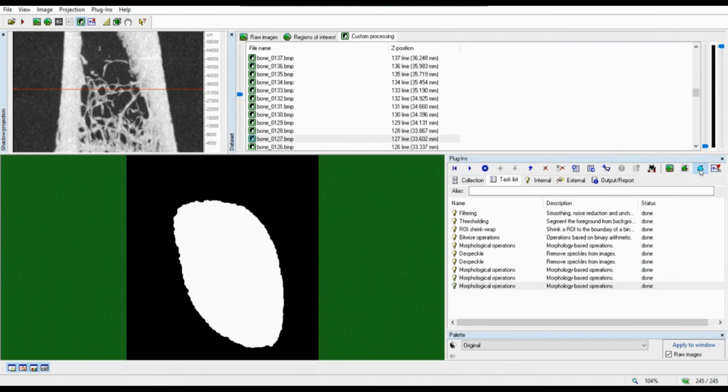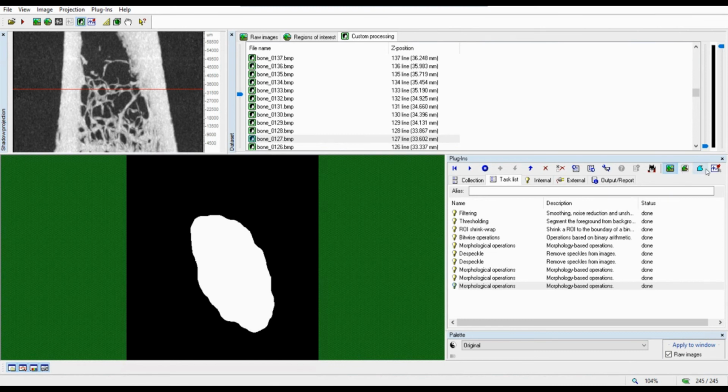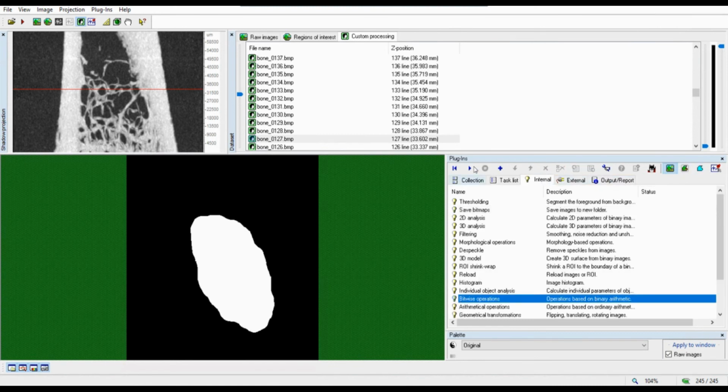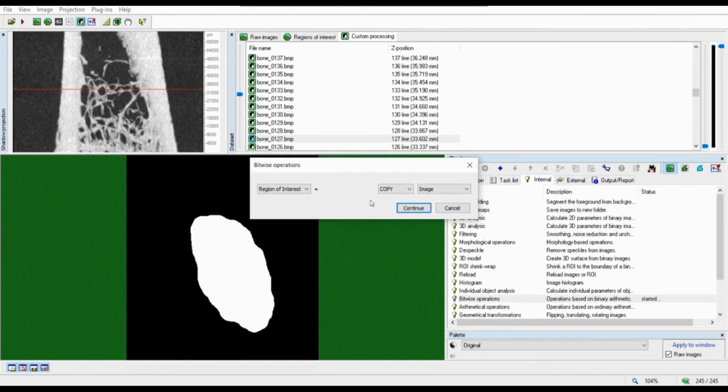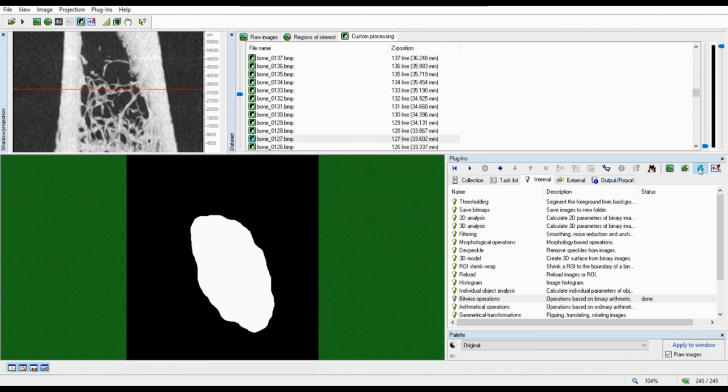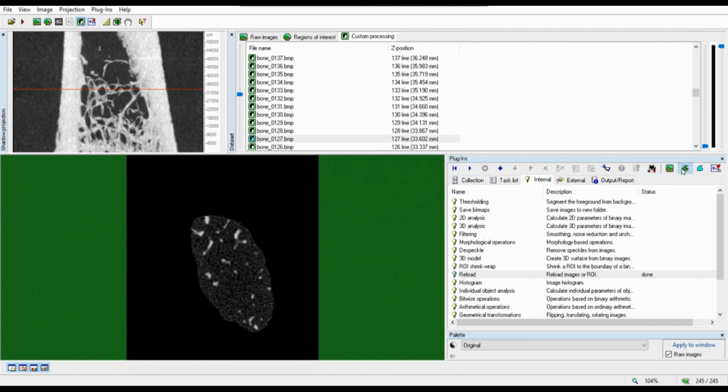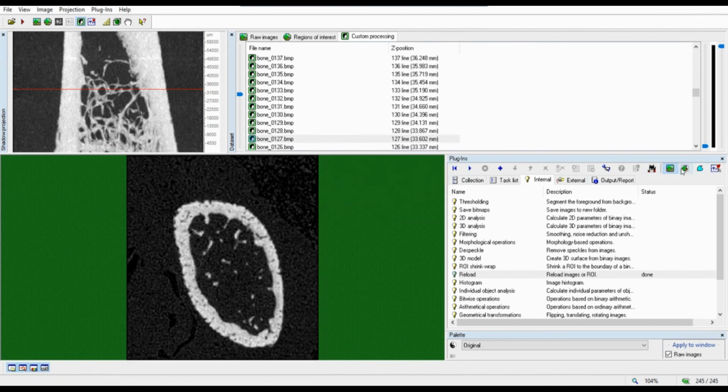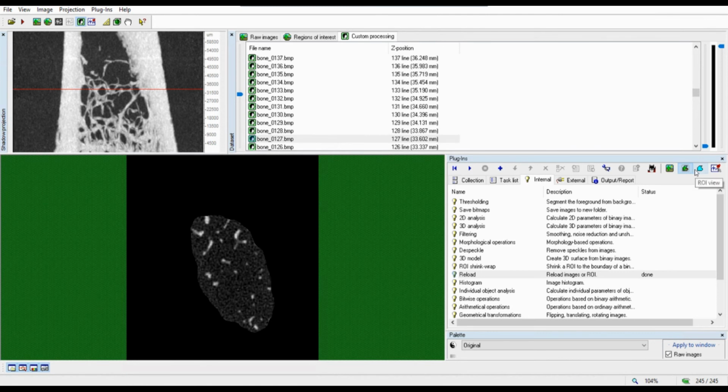So we haven't included the bitwise operation. This has to be a copy. Okay, now we have the region of interest. I will make the reload. So from here, coming back from here, what you can do is, if you want to quantify the region of